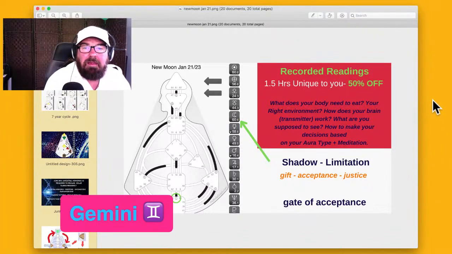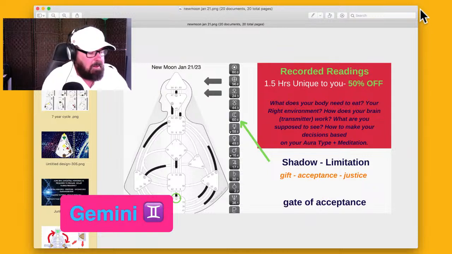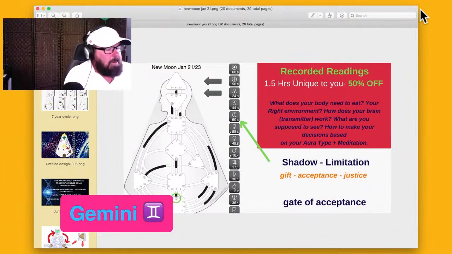Okay. And let's go for Gemini. Gemini's rising sun or moon. So you want to watch the beginning if you just jumped on. Go to the timestamp and find out what this shadow pattern is about.